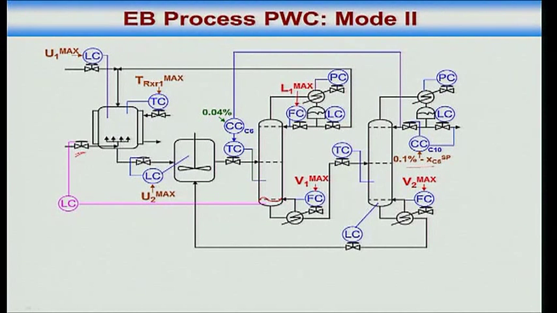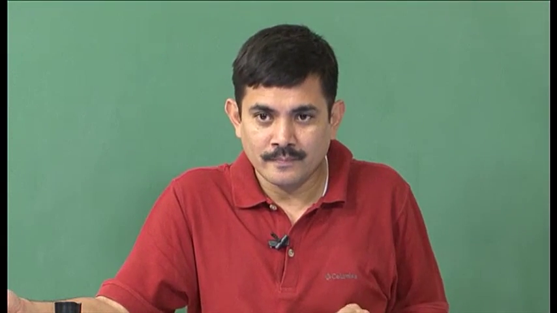Where are the ethyl benzene and the diethyl benzene accumulating inside the plant? It's accumulating here. Benzene is removed. Ethyl benzene and diethyl benzene drop and build up here. So if this level is dropping, what does that mean? That means I am making too little product in the reactors. Increase the ethylene. If this level is increasing, I am making too much product, reduce the ethylene. That's what this level controller is doing. It makes sense.